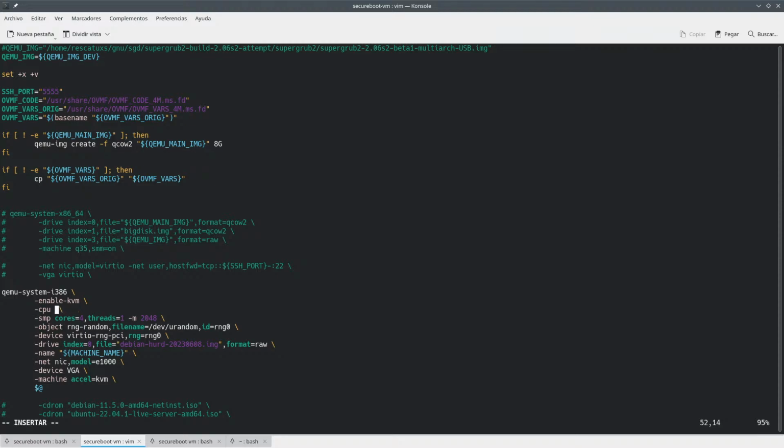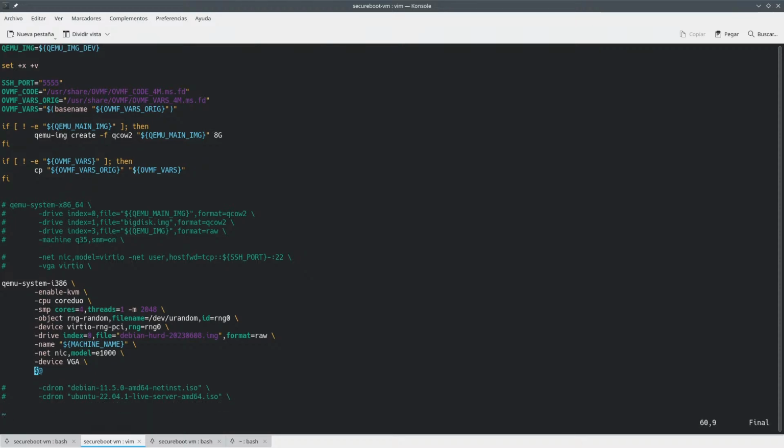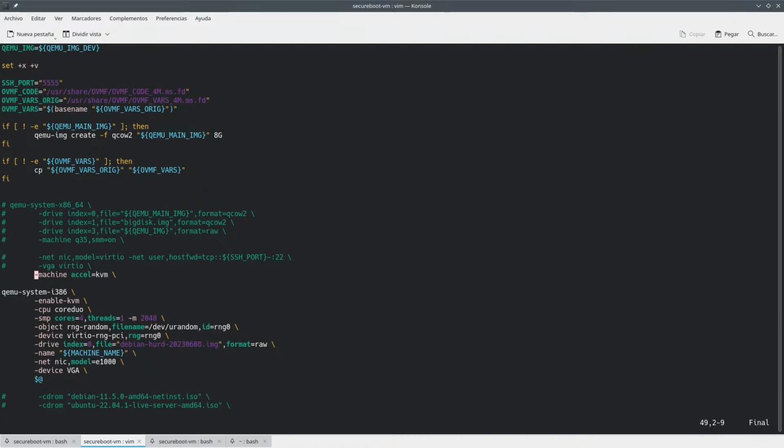Okay, yeah, let's say that this is core duo. And the machine thing, we don't want that anymore because it's not on whatever this guy wants to use.